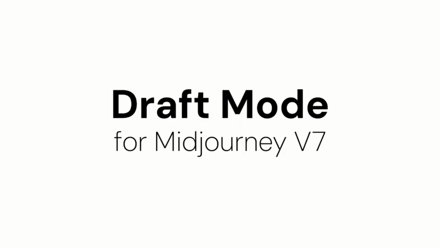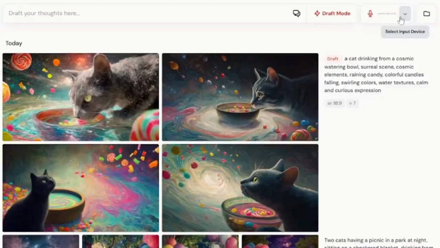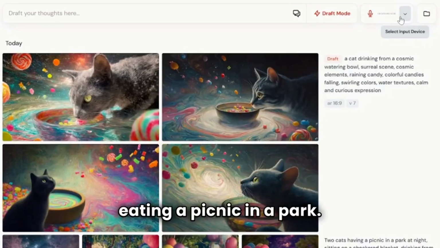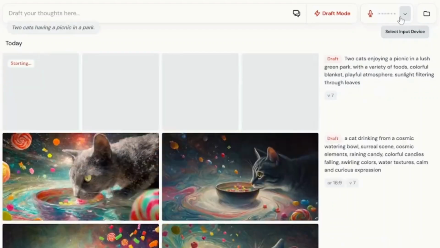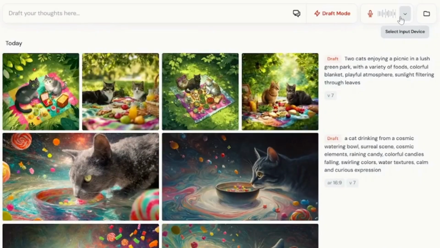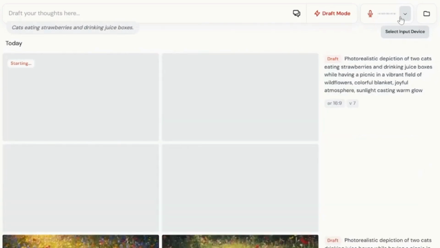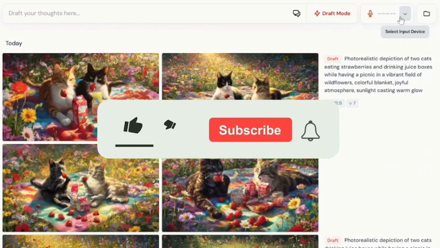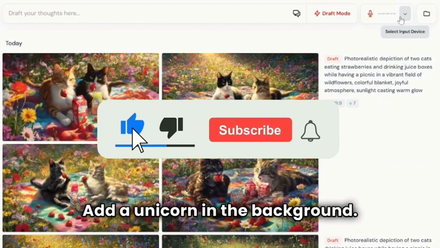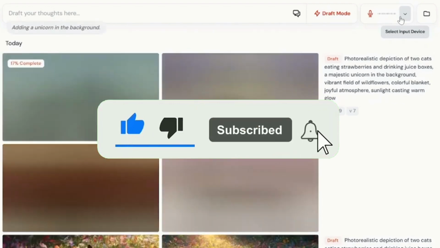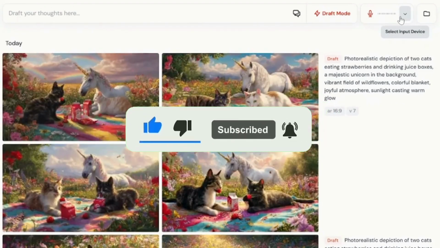Midjourney just had a major update for Midjourney V7. They call it Omni reference. And what you can do with Omni reference is you can put any type of object or character into any other type of scene. So they say it's a new way to say put this in any image for characters,